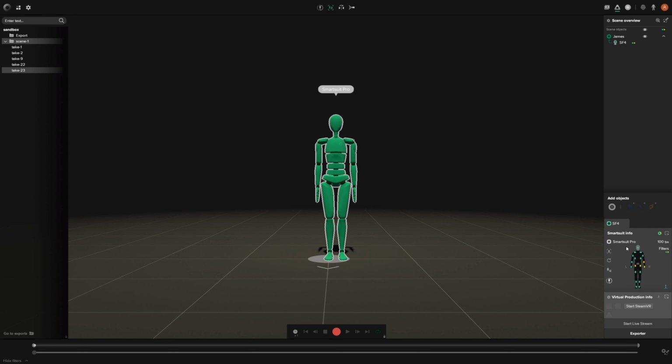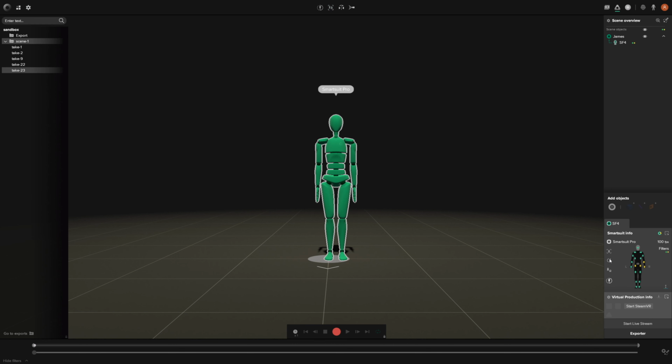Click it again to show it, and this allows you to see all of the sensor data within your suit to see if there's any magnetic or metal interference. And these sensors will highlight different colors. Green means excellent, yellow is good, and so you can keep an eye on the status of your sensors through this. And you can also notice the FPS count, which filters are enabled, and then you have all of your different